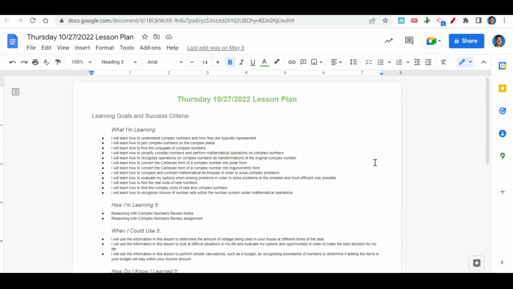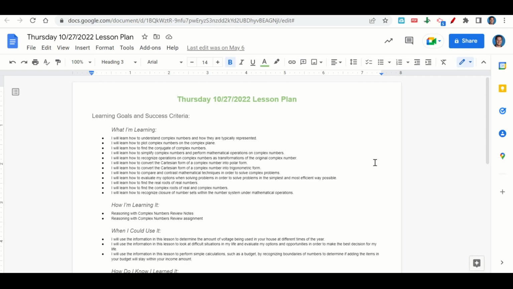We're learning how to understand complex numbers and how they are typically represented, how to plot complex numbers on the complex plane, how to find the conjugate of complex numbers, how to simplify complex numbers and perform mathematical operations on complex numbers, how to recognize operations on complex numbers as transformations of the original complex number, how to convert the Cartesian form of a complex number into polar form, how to convert the Cartesian form of a complex number into